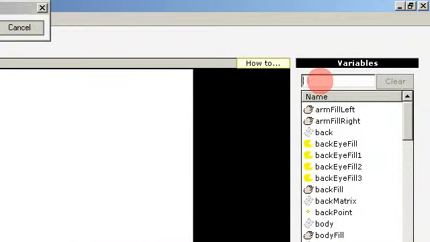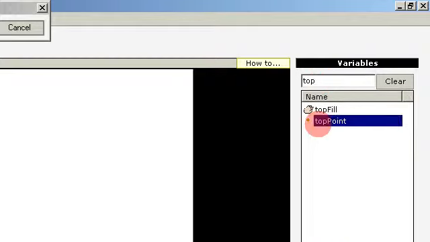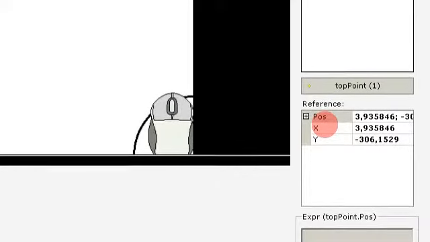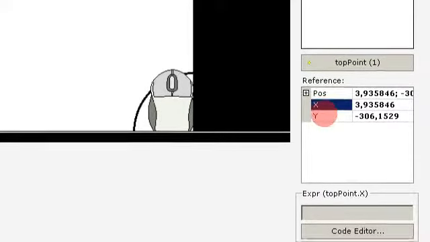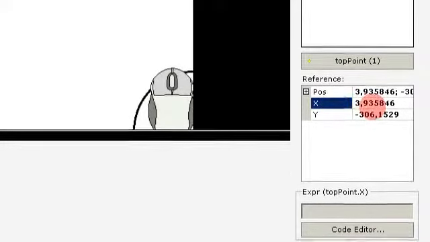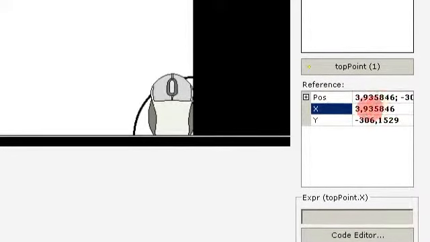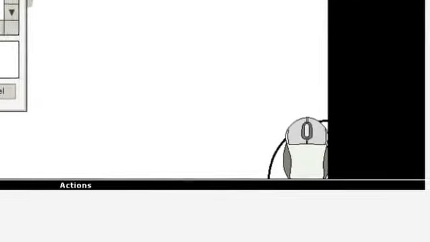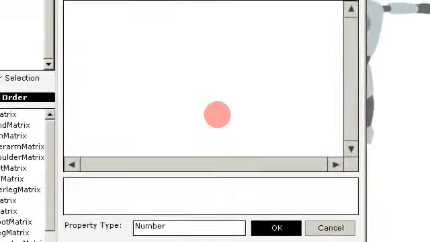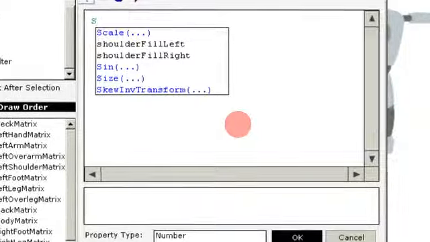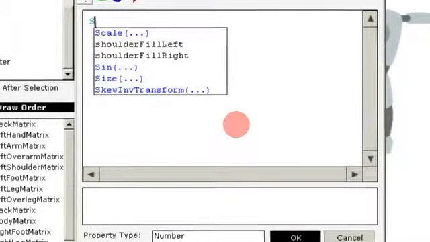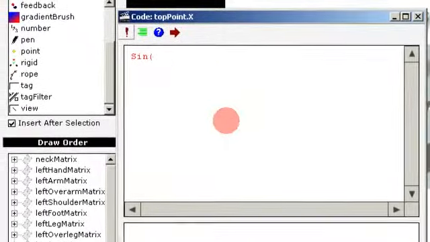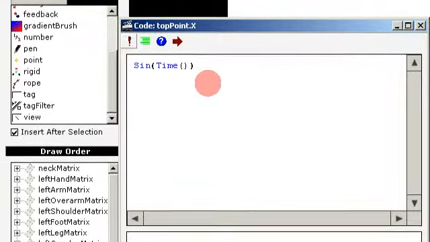So I search here for the top control point, and then we have the X and Y property. So the X has a value very close to 0. Let's copy this. So in mathematics there is a function called sine, and this function takes one argument, and we can use time for this,